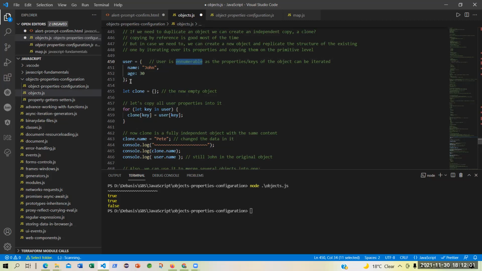That's why you are able to iterate through it. But if you somehow configure the object properties so that these properties will not be enumerable, I mean, you cannot read through or iterate through, then you can say that this object is not enumerable. Followed?